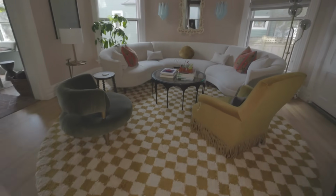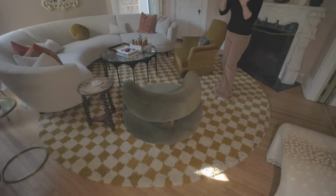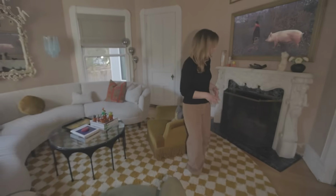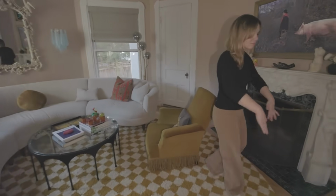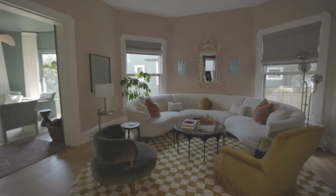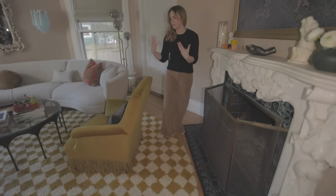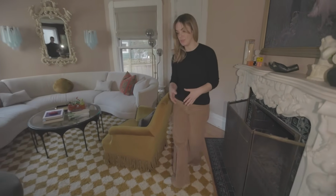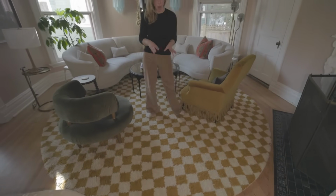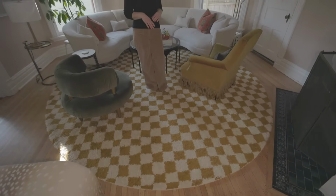So this rug was, again, originally in that room, and I would love to have a round rug in the green living room as well. But in here, having a not round rug becomes a problem with these tiles on the fireplace, because you need to cut off an angle of the rug, so round just makes a lot more sense in this space. This is a handmade rug from Morocco, and my friend Becca, whose handle is @JuneInBlue,